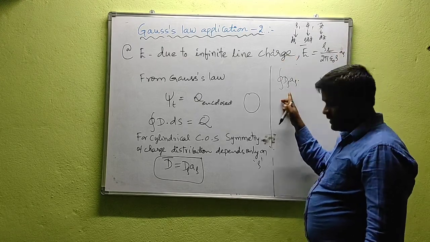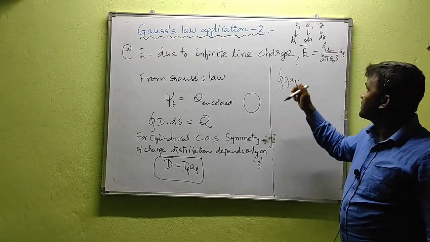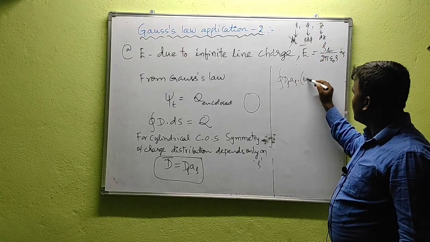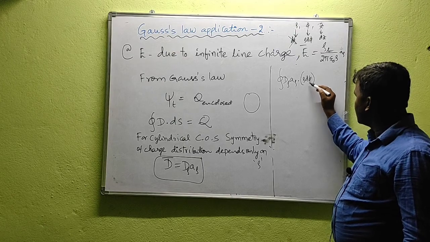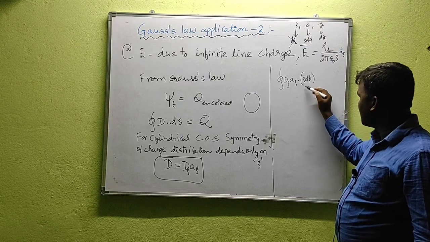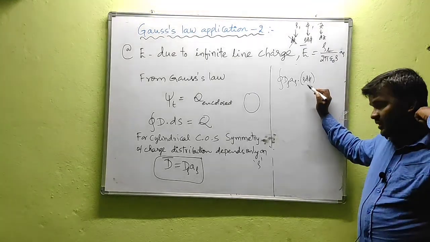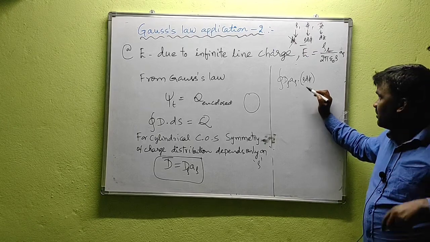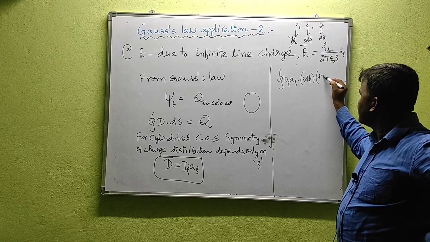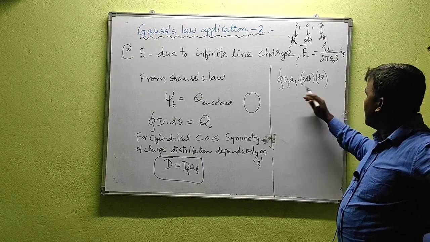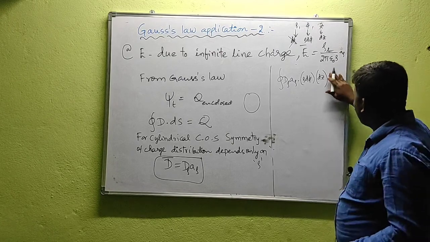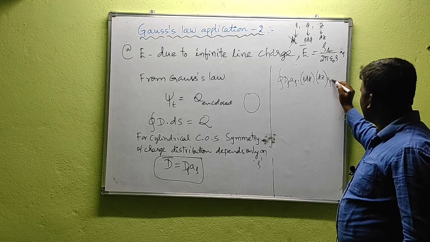Differential surface area normal to rho means except this rho, we need to multiply the remaining two. What are the remaining two? Along phi direction, rho d phi. Once again I am repeating, phi is the angle made by rho, so that's why the differential element along phi direction is this one. Otherwise, please refer to the concept of differential elements along unit vectors. Rho d phi, and the differential element along z direction is dz. And this differential surface area is normal to rho, a rho.